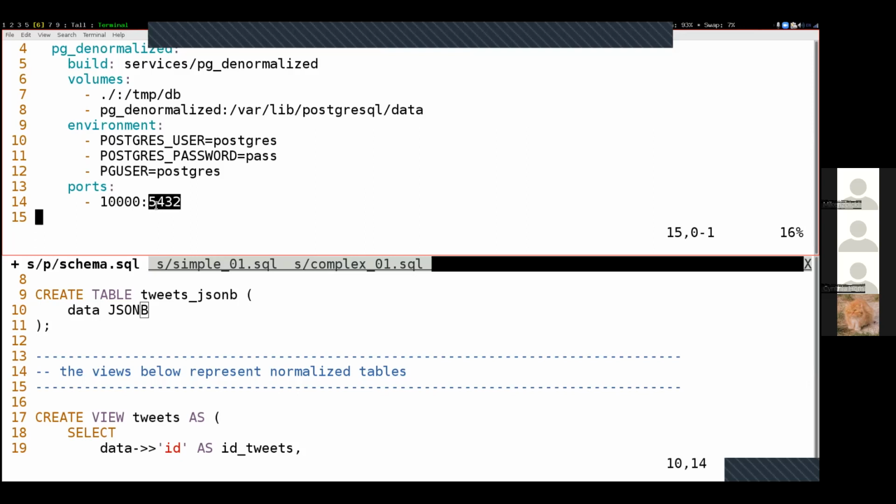The right-hand side over here, this is the port inside of the service, inside of the container, and 5432 is just the port for Postgres. So why exactly is this one exposed to the server? For Pagila, it doesn't